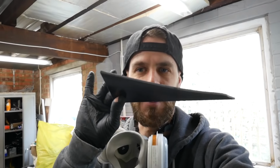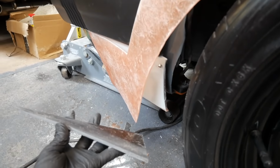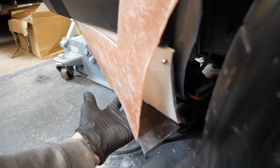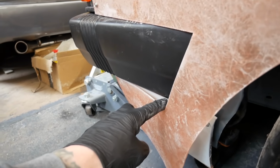You get the idea. Alright, so I'm going to bounce back and forth between the voiceover stuff and just the regular vlogging style, just to keep it a bit more interesting. Now, that's all cut out, obviously. Going to test fit in the bottom. So that's cut out nicely, fits snugly in there, like that. So I'll fiberglass that in. I'll do another piece up there,